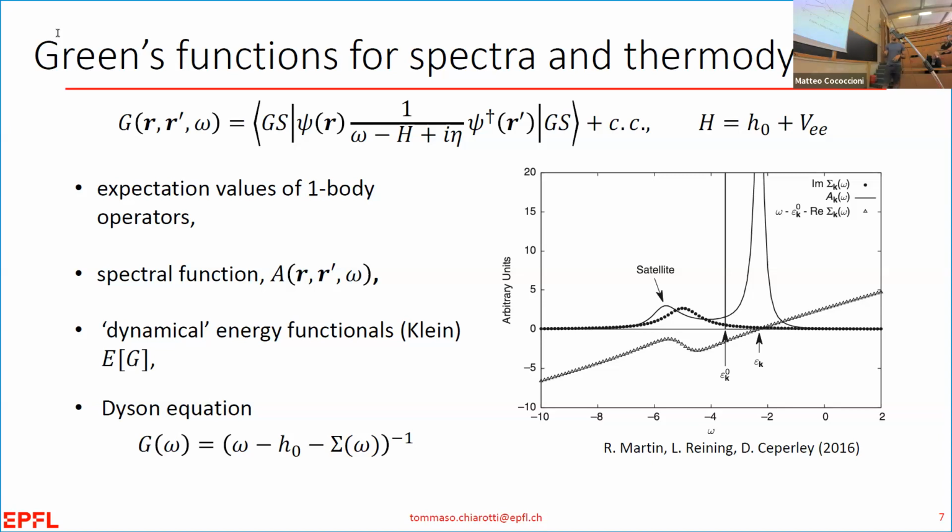All right. What is really cool about Green's functions is that it is a perfect analogue to density functional theory, which means that there exists an energy functional of the Green's function. There are many names: Klein functional, Luttinger-Ward functional. It is an energy functional of the Green's function, a more complex object than the density functional, the energy functional of the density rho. Sorry about that, but the point is that it exists.